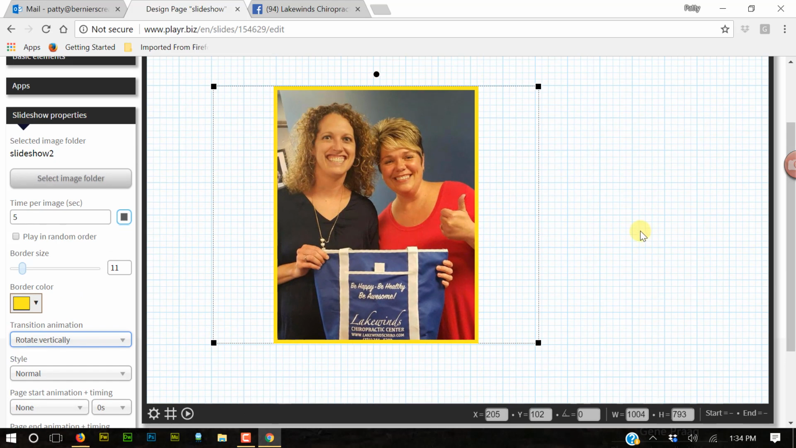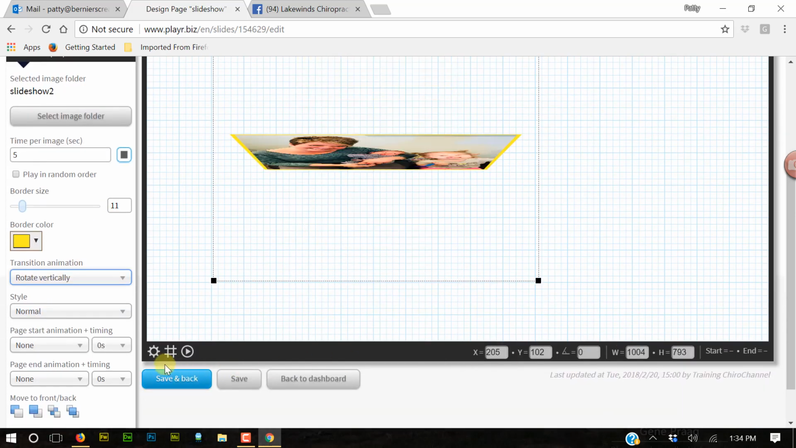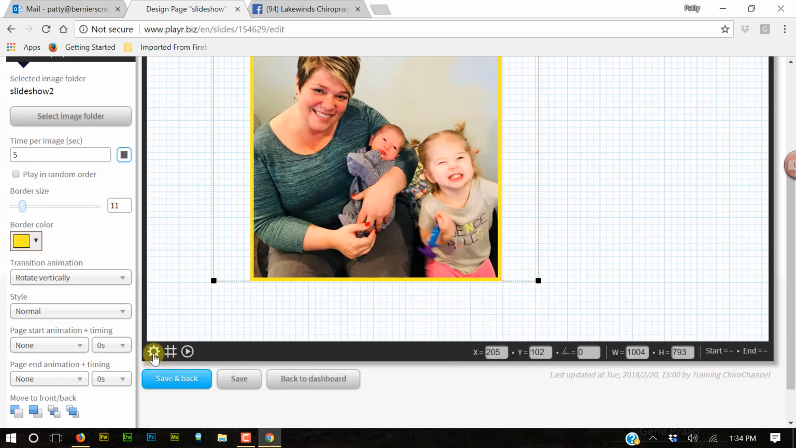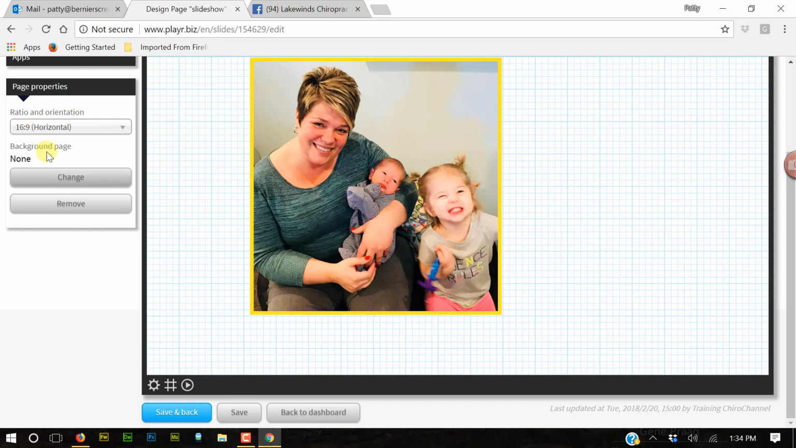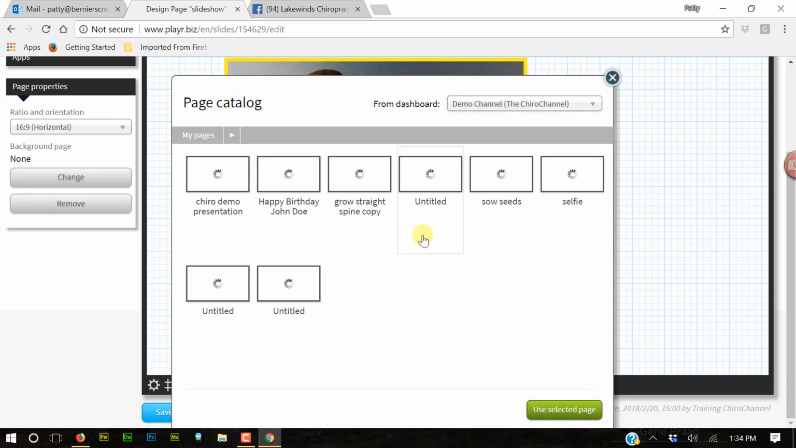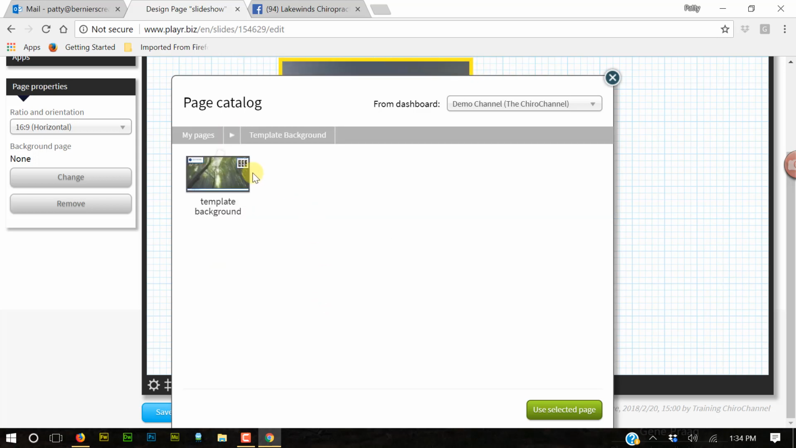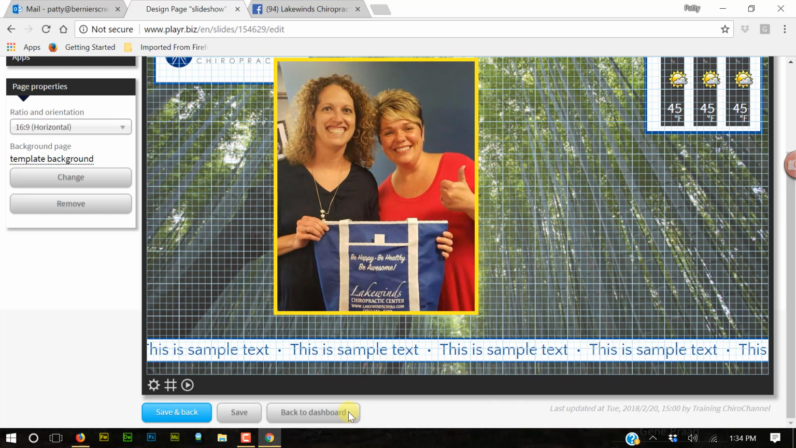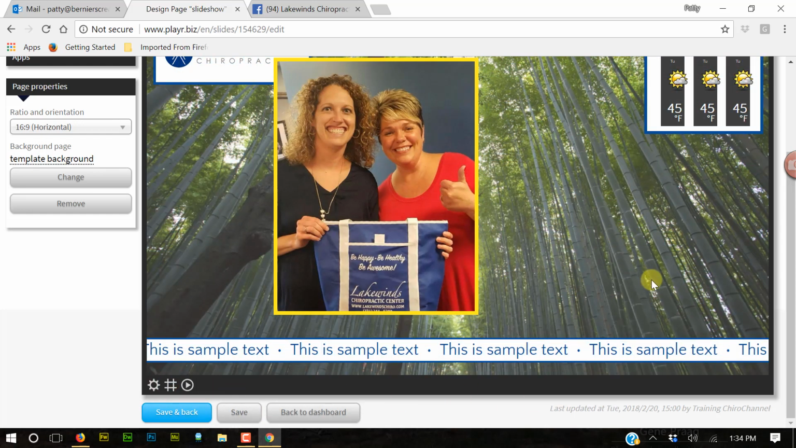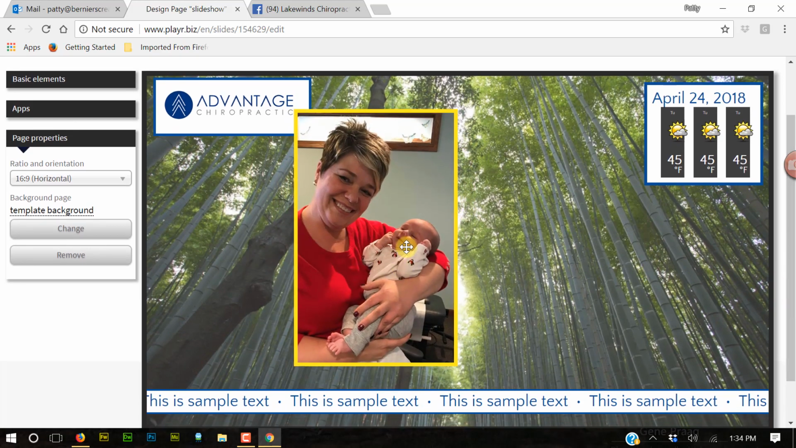So how does that fit within my template? Well, remember how we showed you in earlier videos. We're going to go to Page Properties down here on the left-hand corner. And I don't have a background image, so I'm going to click on Change. And I'm going to bring in my template background. And I'm going to click on my template, and I'm going to use that page. And I click off those hash marks. So you see I just kind of plopped it in the middle. This is where I can just pick that